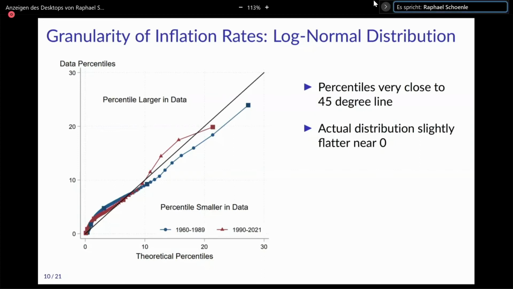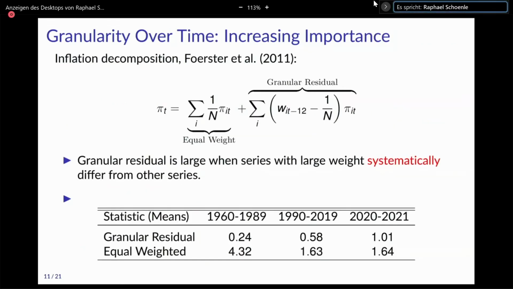And you can see that the data align pretty well along a 45-degree line, meaning a log normal is a good fit, while the log normal has fat tails, which is one of the defining features of granularity. And you can incidentally also see that the top line, the red line, rather than the blue line with the round dots, has shifted up a little bit in the tail, so the extremes have even become more extreme over time, and tails have become fatter. Not only is there granularity, but its importance has increased over time.